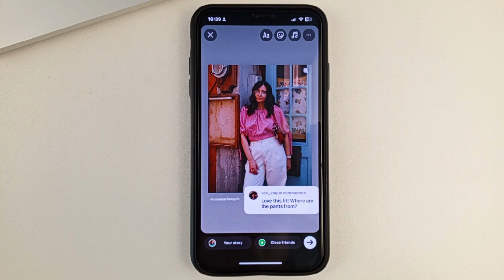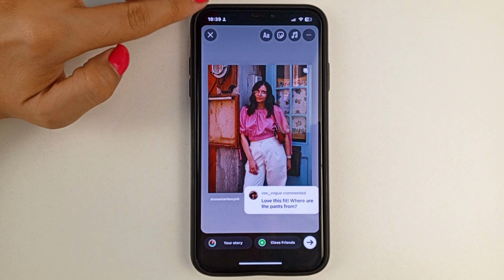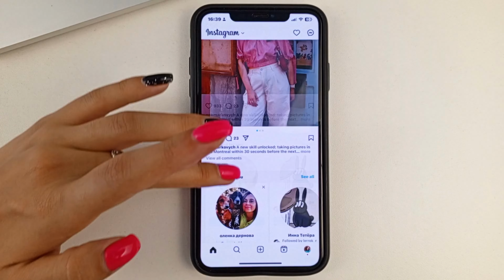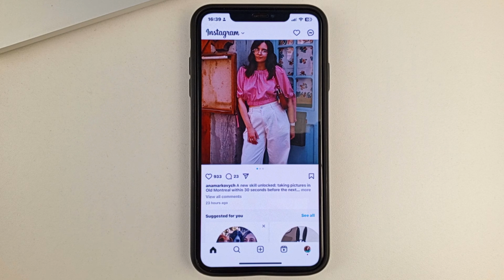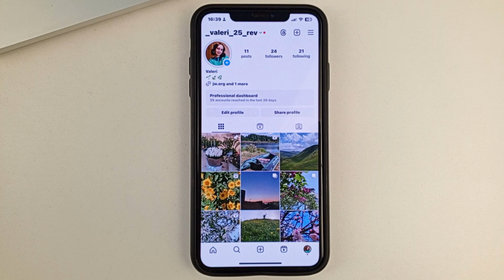And let's get to the topic. And now I will show you from the very beginning how you can add this kind of post with comments. So, friends, let's say you have opened the Instagram app and here you would like to add your post with someone's comments to your story. Let's say some person, an opinion that you care a lot about and are very pleased with, has left comments to you. And you would like to add such a comment to the story.